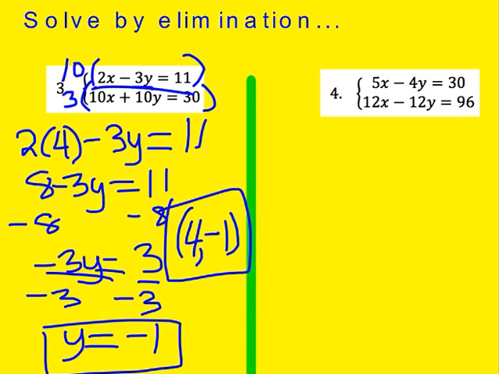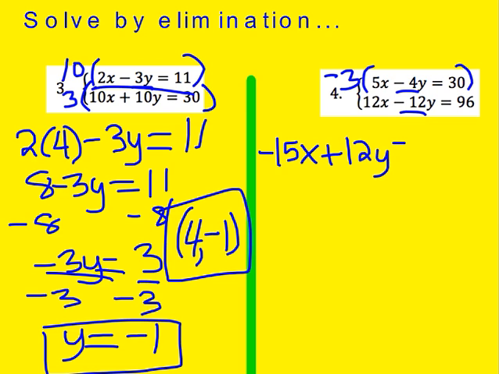Okay, now let's take a look at number 4. So I noticed that these two are very similar. We don't have opposites, but I'm thinking, okay, you know what? I can multiply 4 by something to get it to be 12. In fact, I can multiply 4 by 3, and that'll be 12. However, we don't have our opposites. So what I'm going to do is I'm going to be multiplying by a negative 3 so that I can create those opposites. So then I'm going to get a negative 15x plus